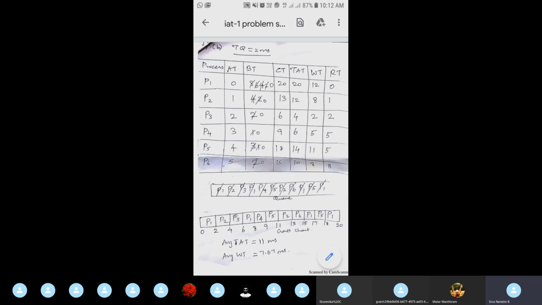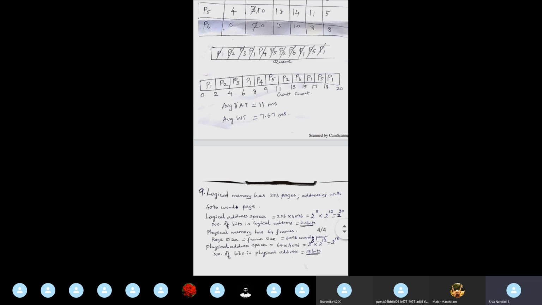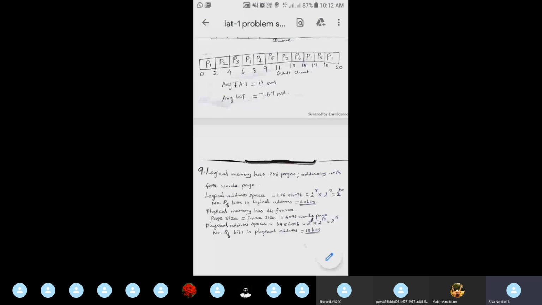So like this, we have drawn the Gantt chart. So from this, you can compute the completion time, as explained in the previous case itself. I hope now you'll be familiar with computing all these values. And the next one, a 2 mark question asked in the IIT, is this problem. Everyone has written it correctly, so I will give a brief explanation for this.